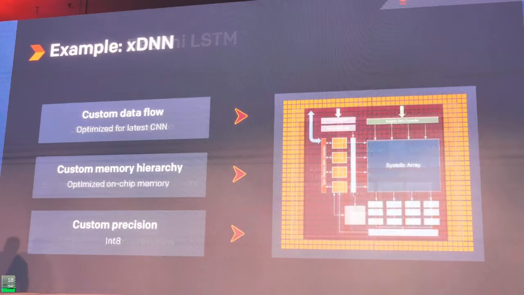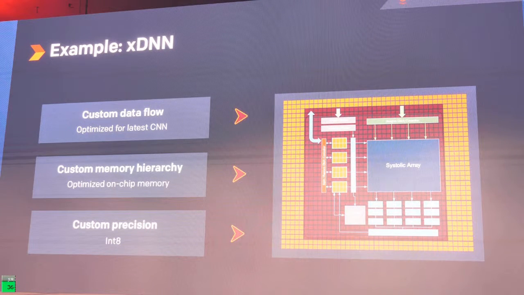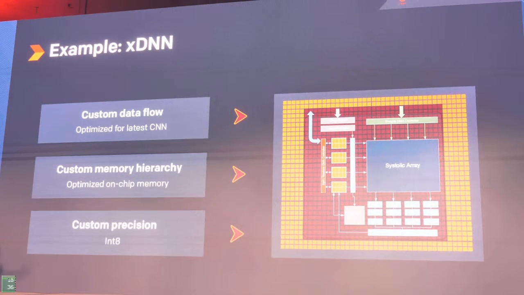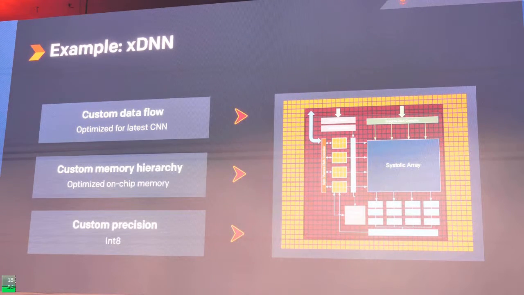Now here's another DSA that we created. I think Victor talked about it, XDNN. This was focused on a class of feed-forward image classification networks, networks such as YOLO, ResNet, GoogleNet. We also customized the memory hierarchy here, where we added buffering between convolutional layers so that we don't have to go to DDR again. We reduce the times we go to DDR to improve, again, latency and power. We did integer 8.